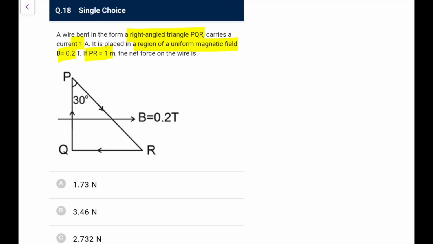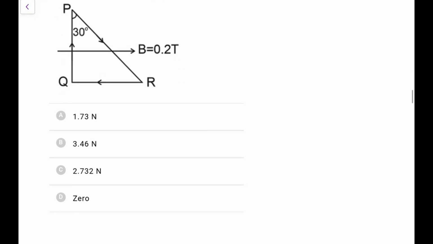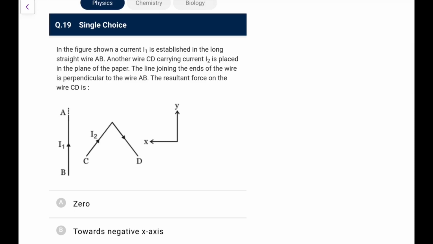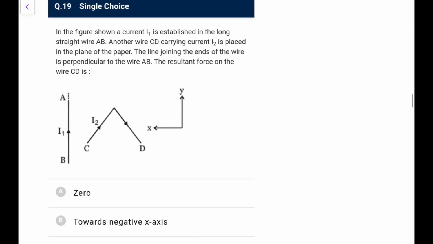So you know, in a uniform field, this is a closed loop, a current carrying loop, the net force is always 0, so no need to calculate anything. If it is asked about some side, you should have calculated, otherwise there is no point in it. The current carrying loop in a uniform field will not experience any force because it is a magnetic dipole, and a dipole doesn't experience a force in a uniform magnetic field. Similarly, an electric dipole doesn't experience a force in a uniform electric field, that you know.